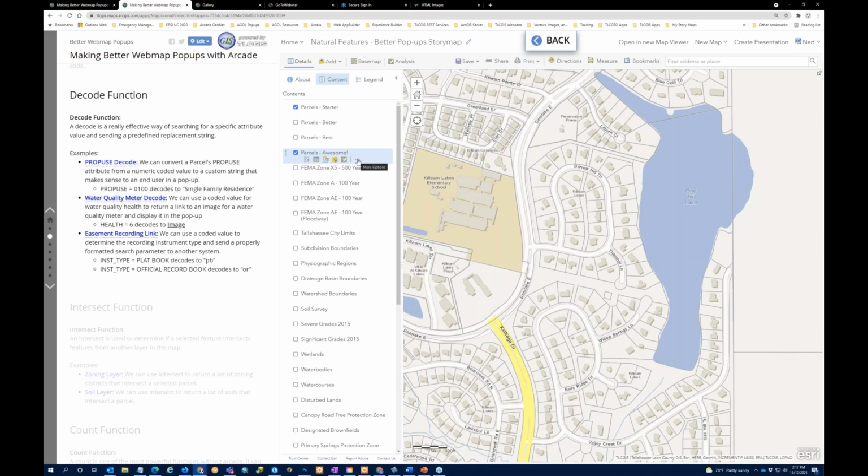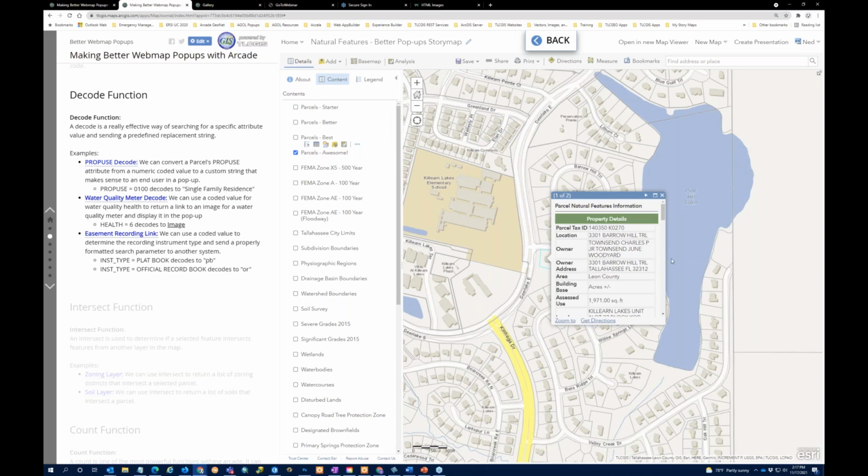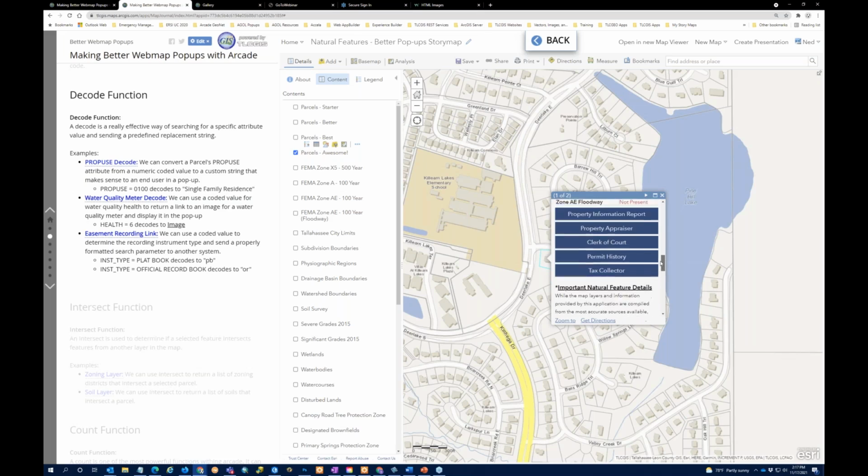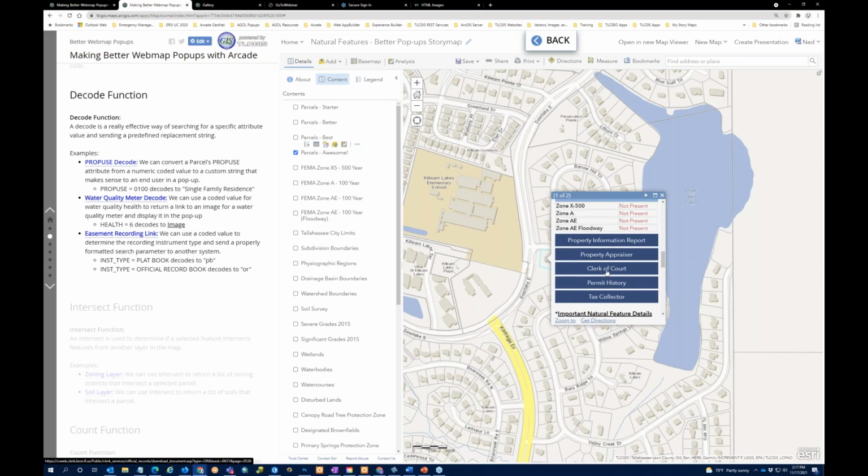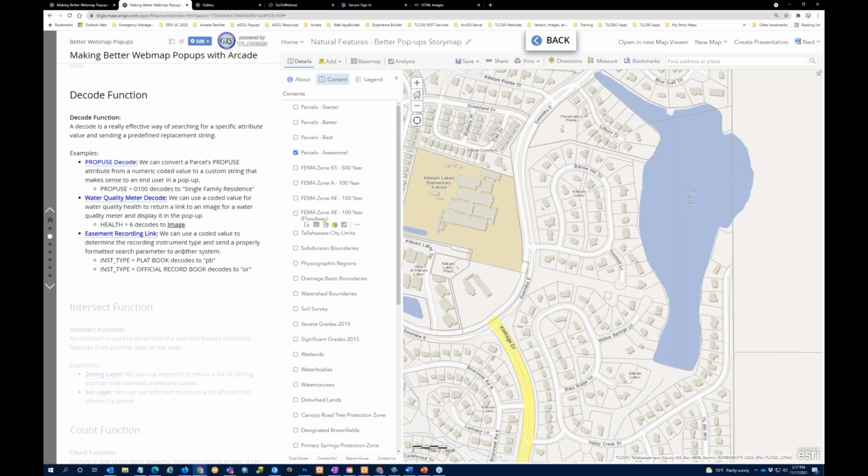So if I hit this here, turn off this one, and we go all the way down to the bottom here, and we look at this Clerk of Court. If you look at the bottom left of my page, hopefully you can see it, where it says type equals. I don't have a way to give that information all in one line. I have to determine what that information is and then sync it into the URL request for this parameter. And I'm doing that by